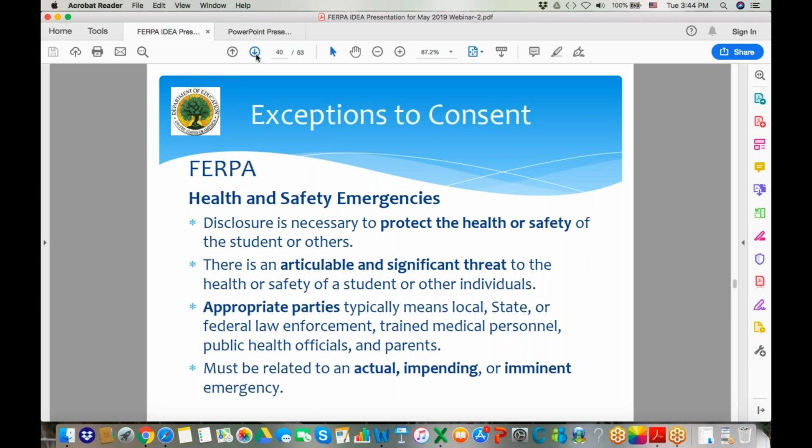Yes, thank you. So we get a lot of questions from parents who, under some of our different exceptions, feel that the exception compels a school to make that disclosure. And as Kala said, all of our exceptions to consent are permissive in nature. It's just a way that FERPA has a mechanism where that disclosure could be made without parental consent or the consent of a student if it's college age. But there's nothing under FERPA that compels that disclosure.